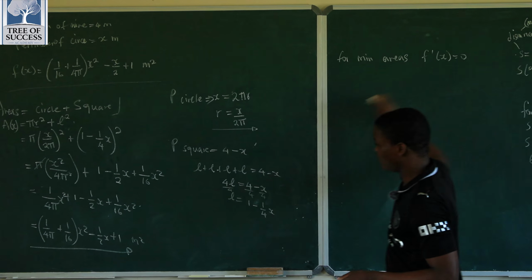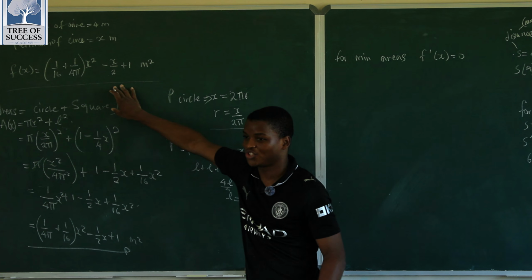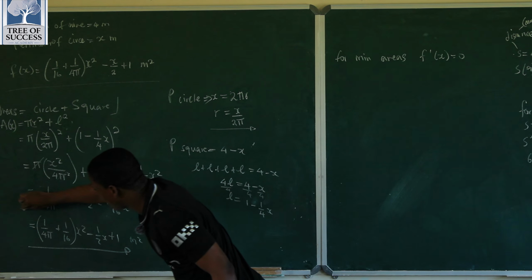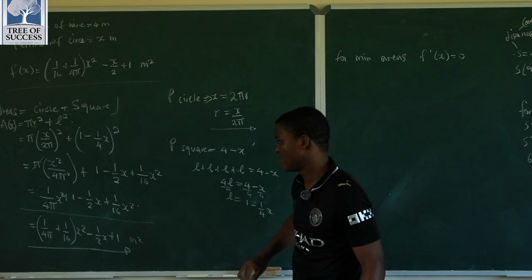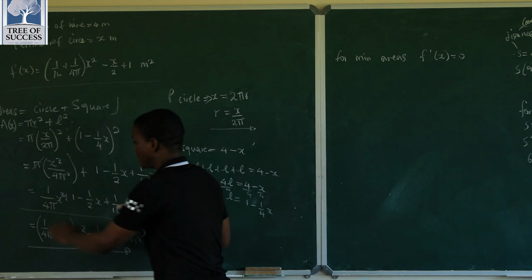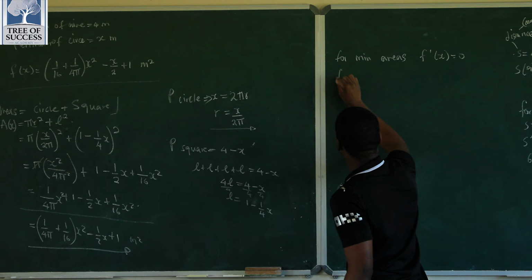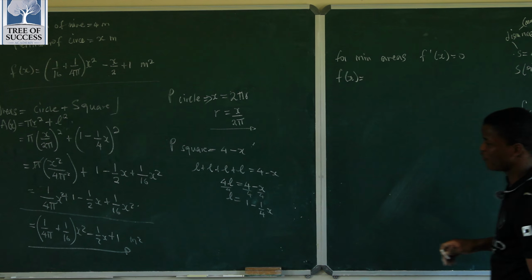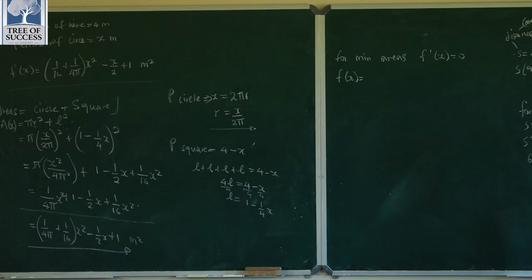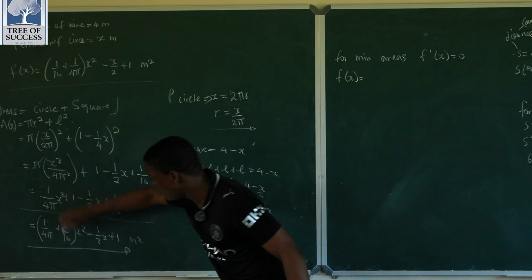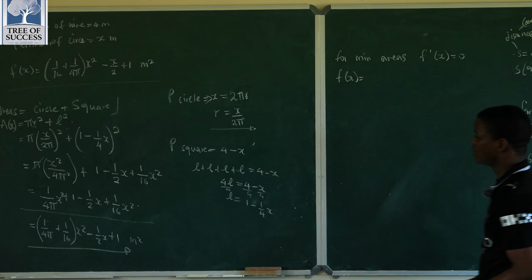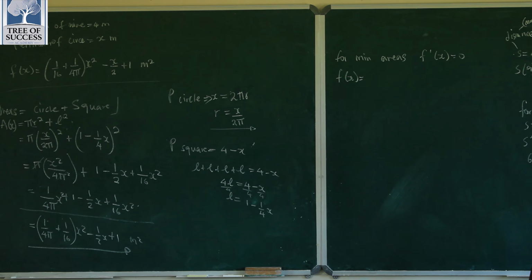So to get the derivative here, obviously we can't derive it like that, right? We can't derive it like that, we must take it from where we simplified, right? Okay, from here you can just add the like terms, right? You can just say f of x, let us add the like terms here. What is 1 over 4 pi plus 1 over 16, because these are the coefficients of x squared. Add these. We are removing brackets. Let us write it as a fraction. It doesn't come out as a fraction.